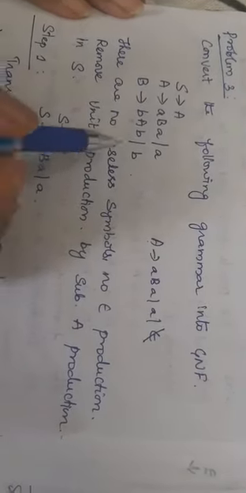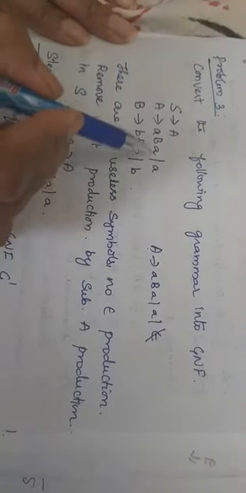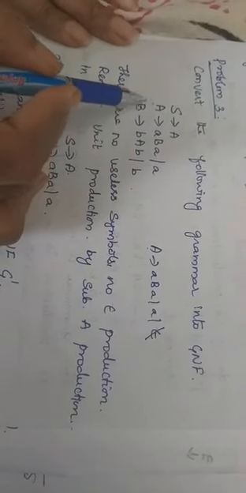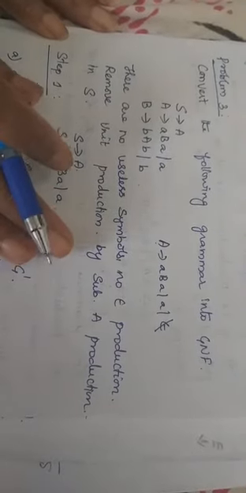Useless symbols also we know. If a symbol is a terminal symbol, it is almost always useful. Otherwise, if we can substitute and derive a terminal string from the variable, then it is called a useful symbol. So here there is no useless symbol and no epsilon production, but there is one unit production, S gives A. Step 1 is always to check for useless symbols, epsilon productions or unit productions. If there are any, first we have to remove them and only then proceed.